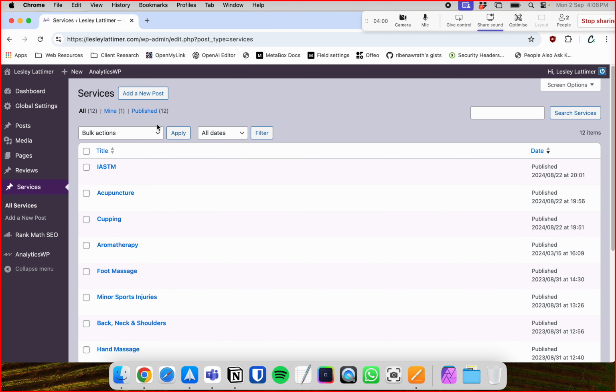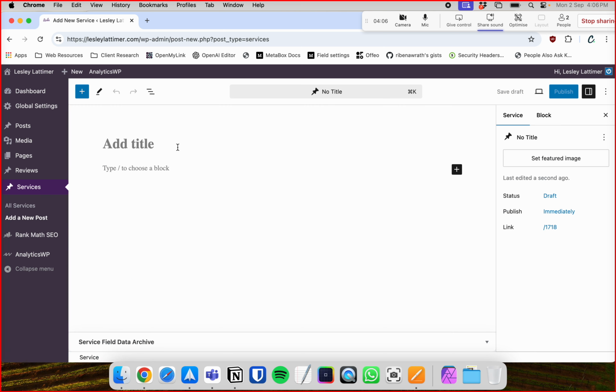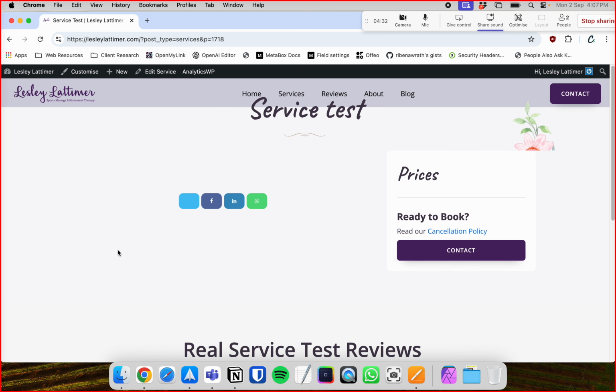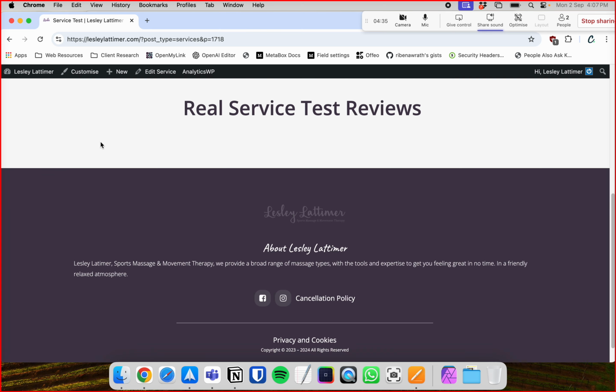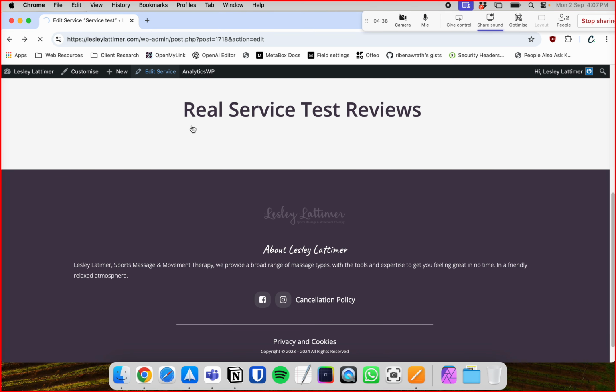Well, new post up here. A new post. And in this example, I'm just going to give it a dummy name. And then underneath, so that is our kind of heading. And then if we save that draft, that will be saved, and then we can view a preview, and I'll open it in the next window. As we go back,